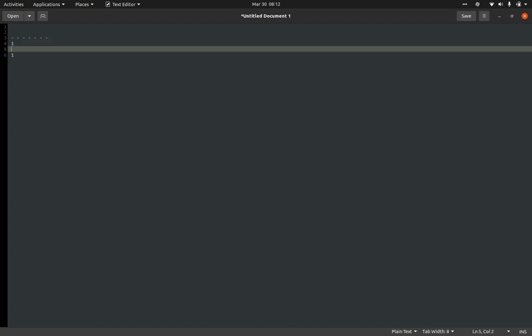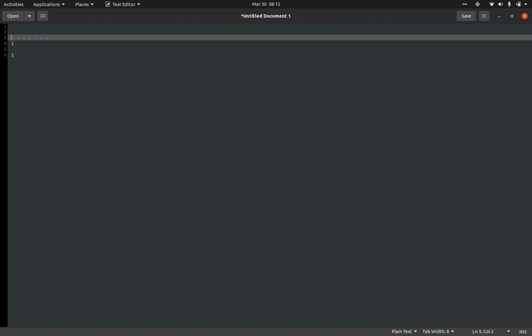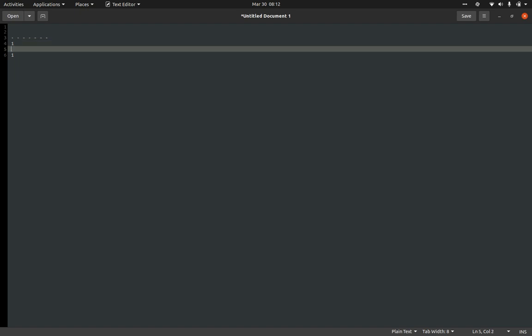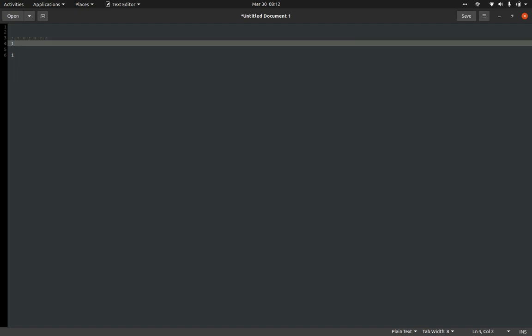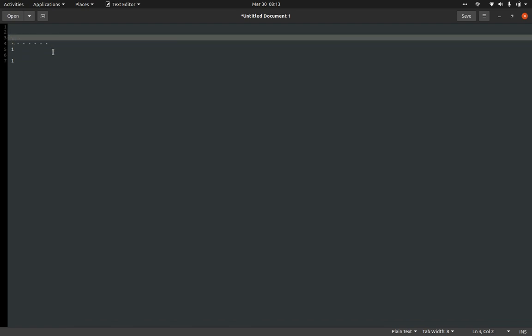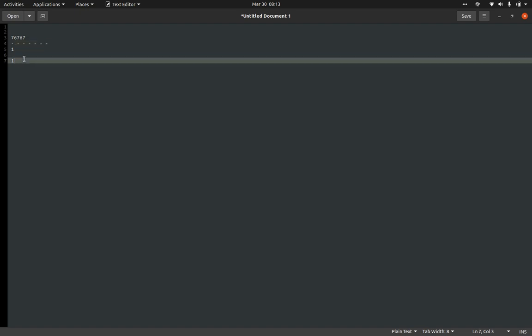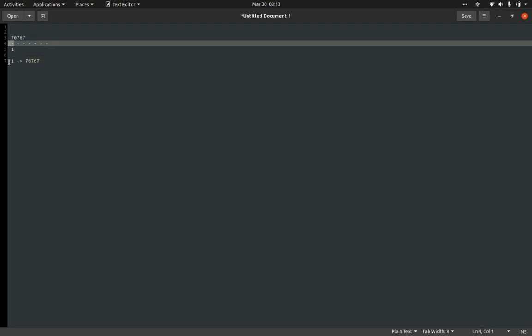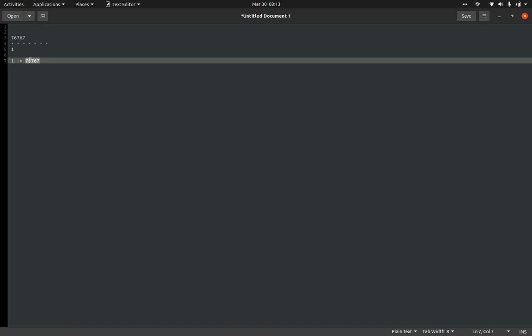There will be an address for each memory block, and that address is mapped to this particular variable. Let's say this is some hash code, and this will be the address of this first block. So 1 will be mapped to this particular address, 76767. Which means we are storing these integer bytes, reserving the memory space for those bytes, and referencing that particular address.